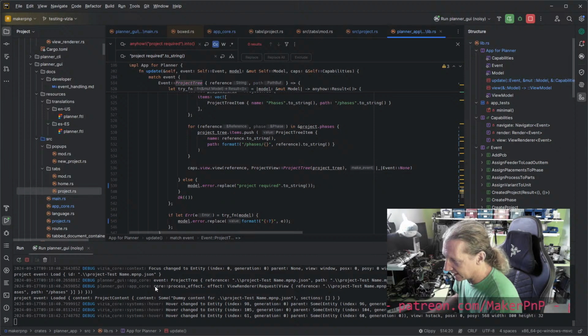Which it apparently did, and this is the first time we've done this. So we've got a project tree. Well, the view is a project tree, and then it contains some items, and then it contains a bunch of tree items,